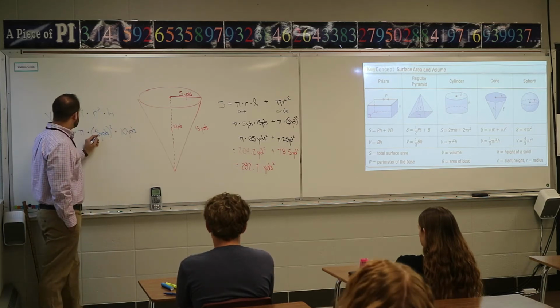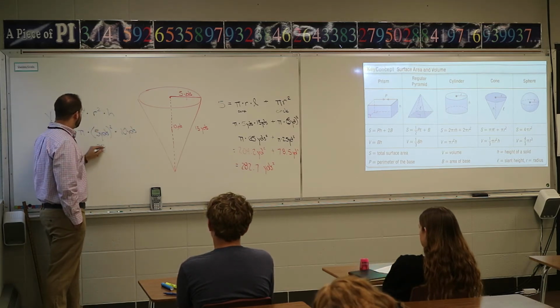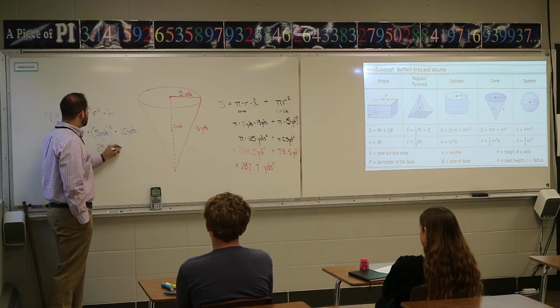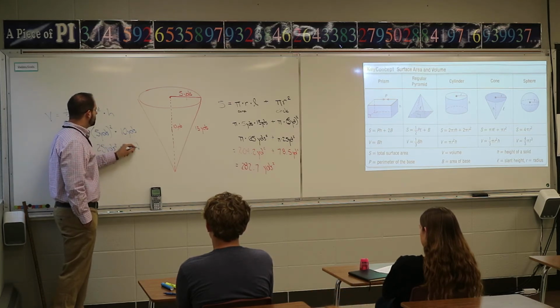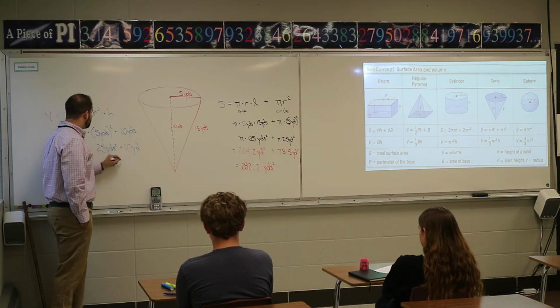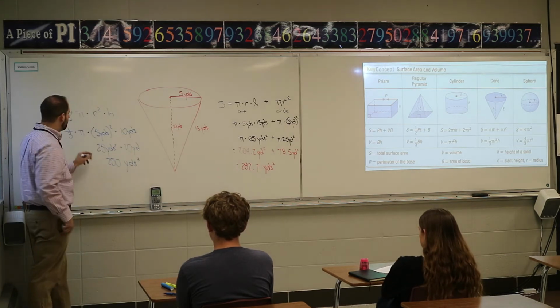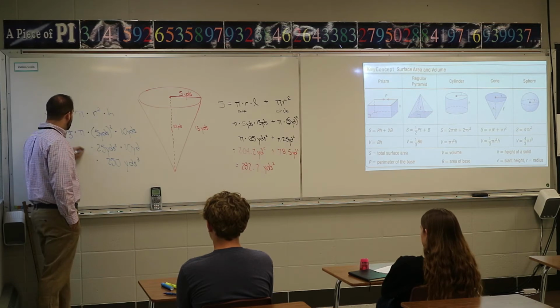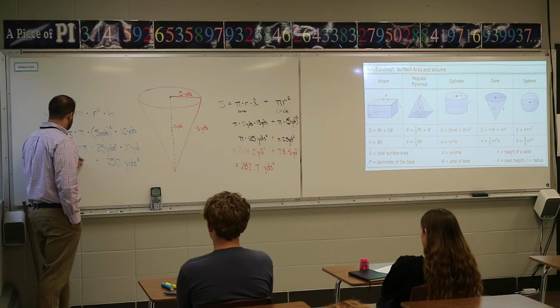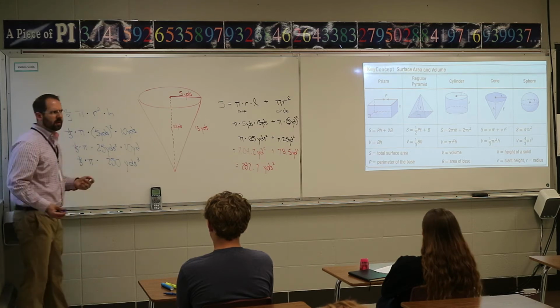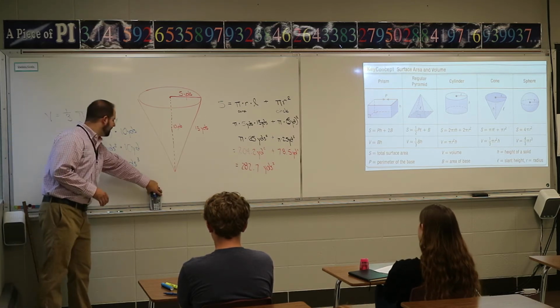So 5 squared is 25 yards squared. We're going to take that times 10, so that's 250 yards cubed. Cubic yards, that's how many ice cubes can fit in there. We're going to take that times pi, and then divide by 3. That's the same as multiplying by 1/3. So 250